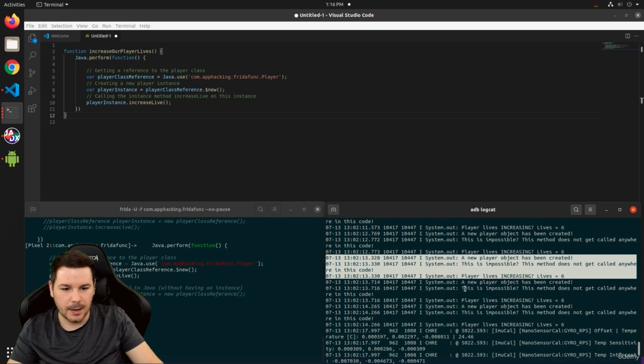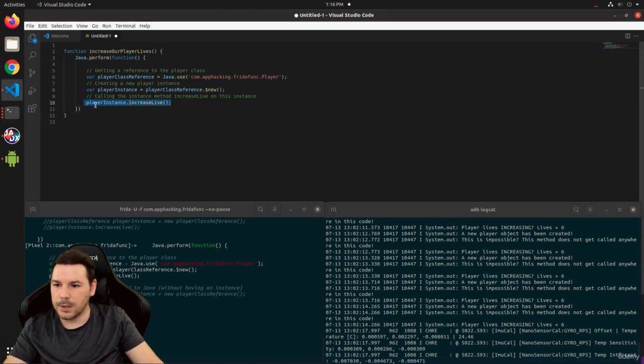And then once again, a new player object has been created. This is impossible, and so on. So we are not increasing the lives of a single object. We are creating multiple objects and increasing the lives of them, but only once. Therefore, if we want to increase the lives on our player object over here, we have to call it multiple times. So if we do it